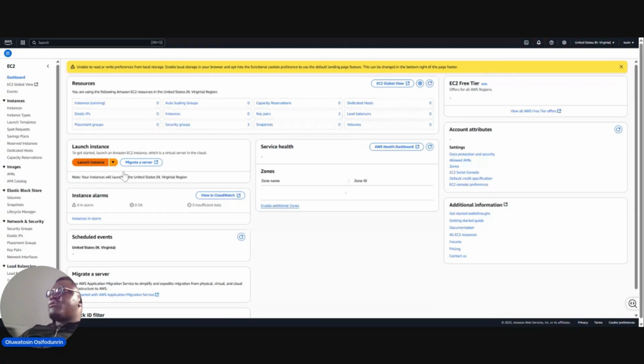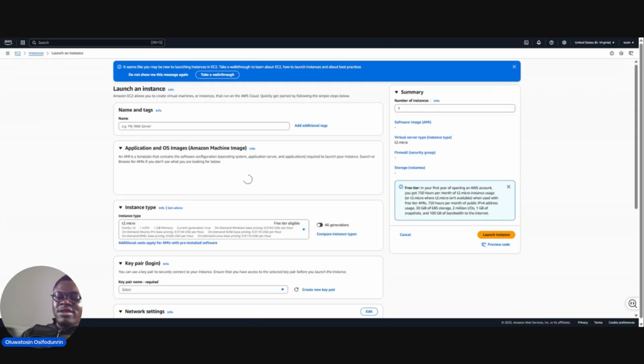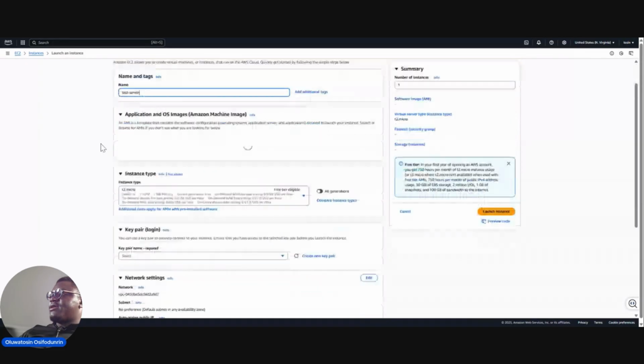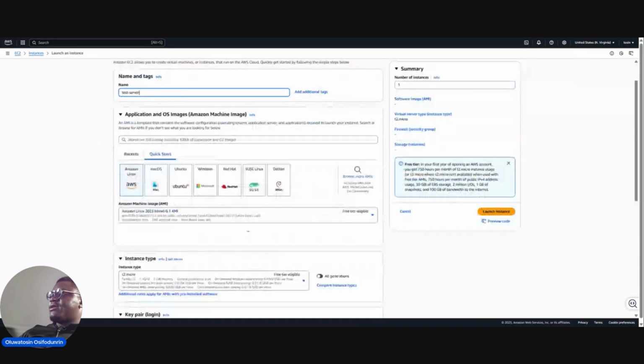So if I click on launch instance, okay, and I name it again, test server. And I'm going to leave it on the Ubuntu Server 24.04